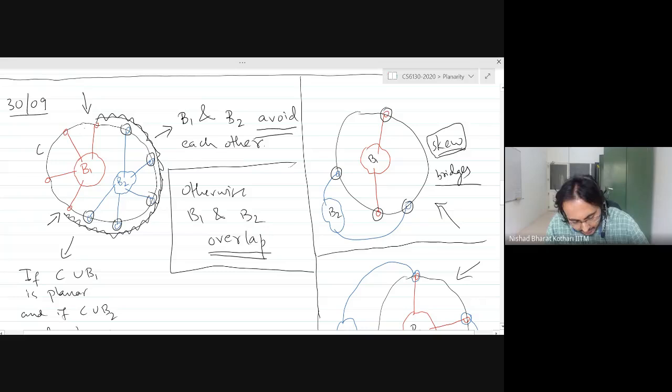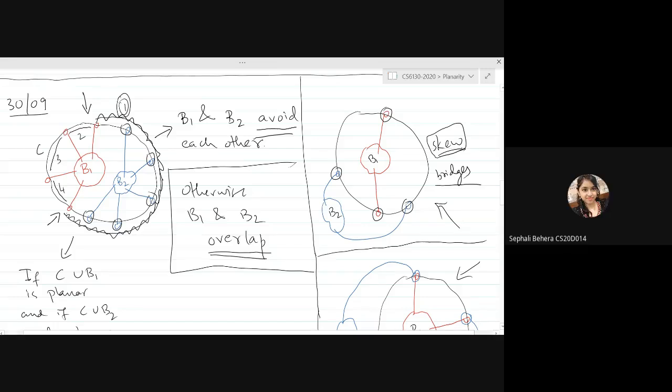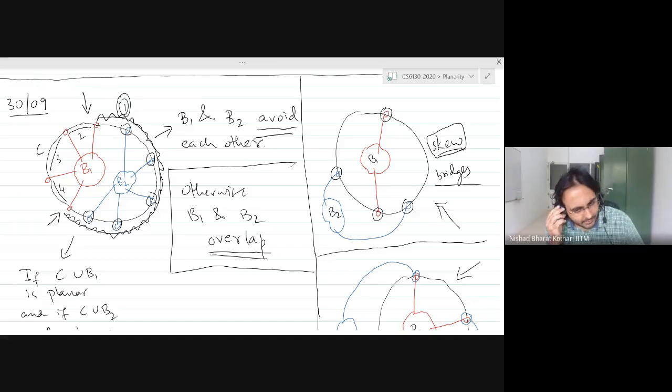In this drawing, there are 5 segments. This is one segment. This is a second segment. This is the third segment. This is the fourth one, right? And all of the attachment vertices of B2 belong to a particular segment, segment number 1, with respect to B1, right? So that is what it means. So continuous segments are related with one bridge, should not be related with another bridge, right? I didn't understand that part.